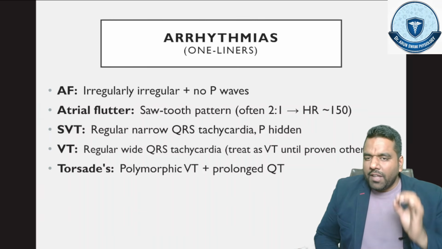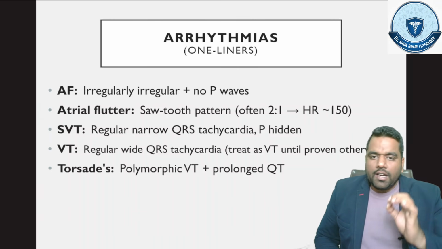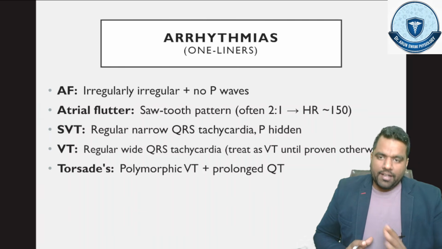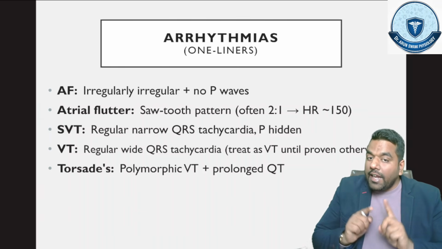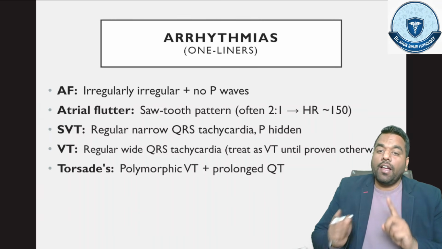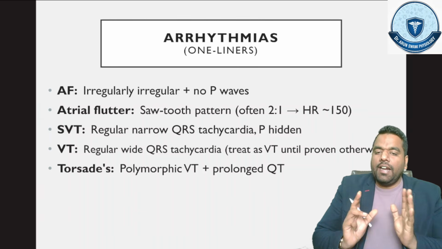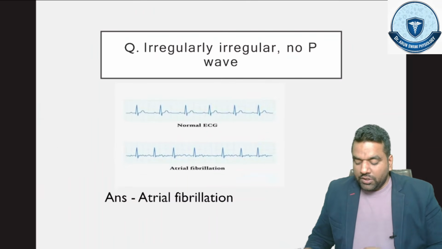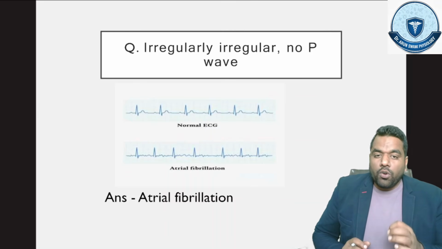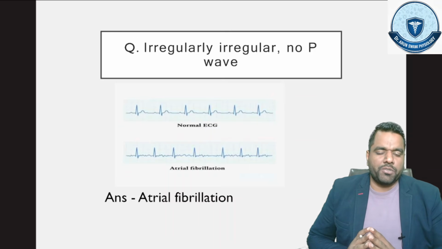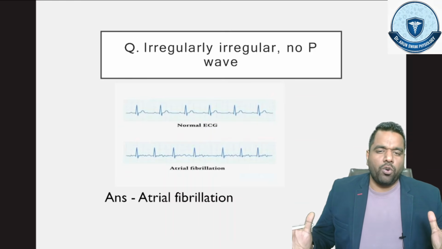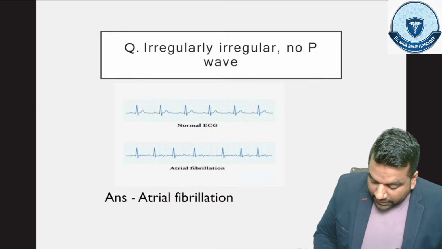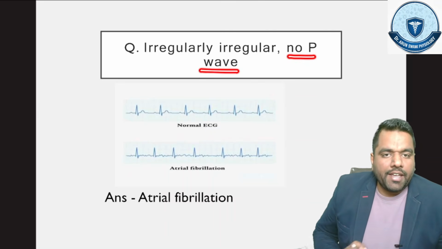So one more time: atrial fibrillation, irregular rhythm, absent P wave. Atrial flutter, sawtooth pattern. SVT, regular narrow QRS. Ventricular tachycardia, regular wide QRS. And polymorphic ventricular tachycardia, torsades, right? Torsades. So irregular, no P wave: if you see this in the MCQs, guys, you can easily go with the option atrial fibrillation. So if you find in an MCQ that no P wave is there,